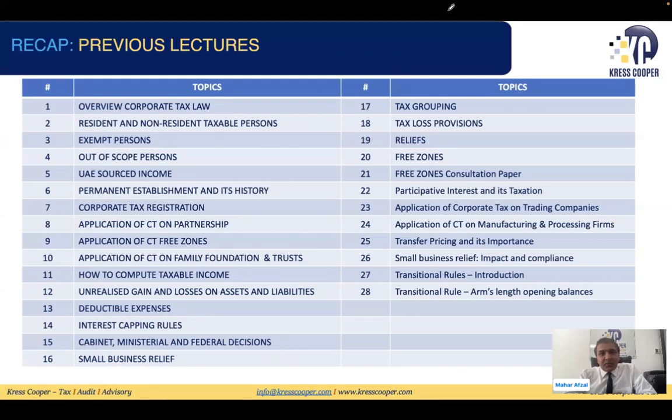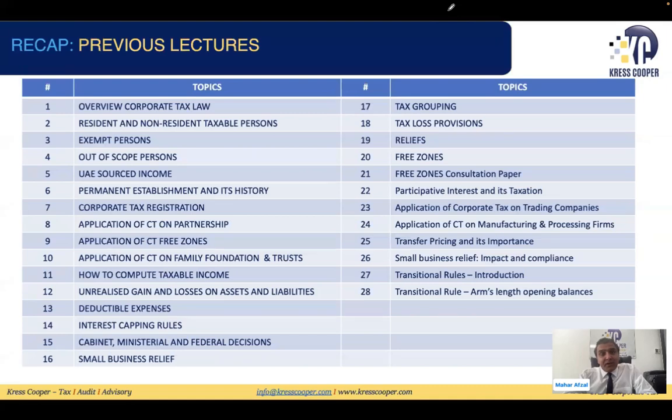You can see, starting from the scope, permanent establishment, application of corporate tax and the partnership, free zones, family foundations and trusts, taxable incomes, unrealized gain on assets and liabilities, interest capping rules, deductible expenses, small business relief, tax grouping, tax loss provisions, reliefs, free zone consultation paper, participative interest and its taxation, application of corporate tax on trading companies, application of corporate tax on manufacturing and processing firms, transfer pricing and its importance, small business relief impacts and compliance